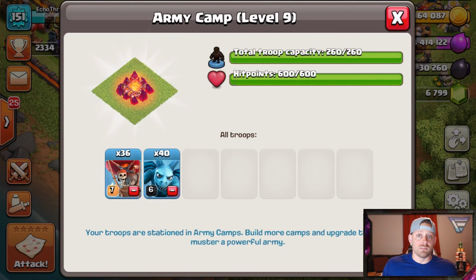So if you've never heard of Loonion farming, guys, it is simply a composition of balloons and minions. If you want to, you can ask your clanmates for a lava hound in the clan castle, but to be honest with you guys, I never do. I just go in with this, so I don't bother my clanmates. We're looking at 36 balloons, 40 minions. These can be manipulated a little bit either way,